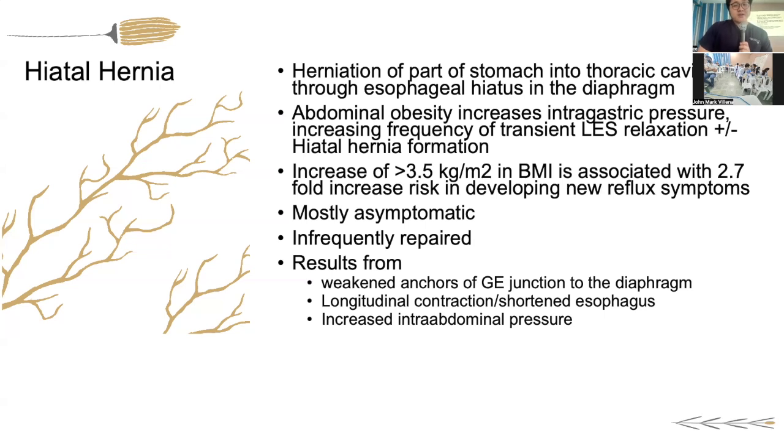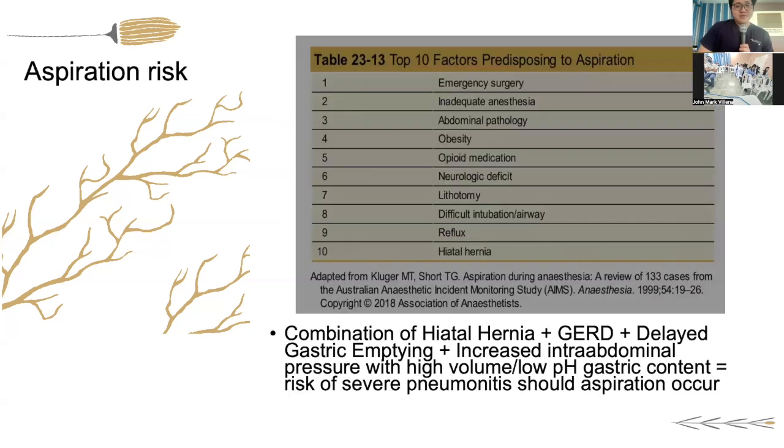Patients with hiatal hernia are usually asymptomatic and usually do not need to be repaired. This hiatal hernia usually results from weakened anchors of the gastroesophageal junction to the diaphragm, as well as increase in the abdominal pressure. So for the risk associated with hiatal hernia, the number one associated is increase in the risk of developing new reflux symptoms. Patient with hiatal hernia usually